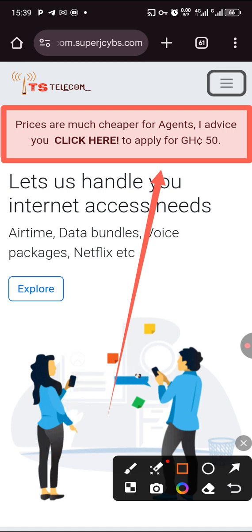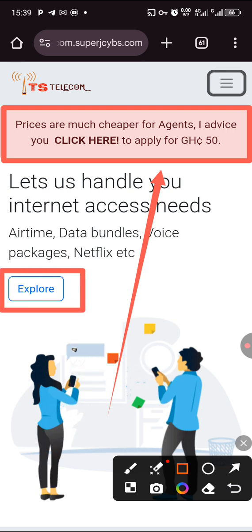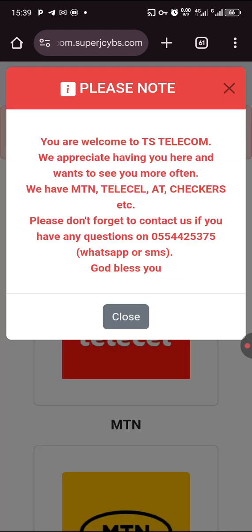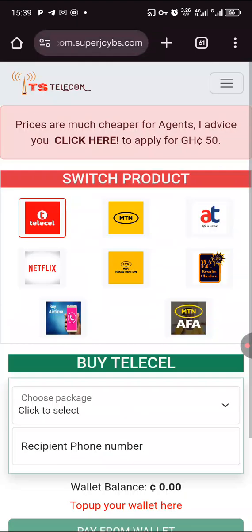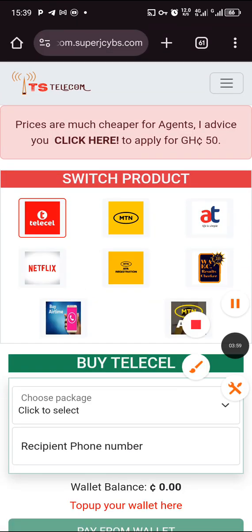After somebody has logged in, this place is no longer login or sign in, it is explore. So that is the idea. Once you tap on it, you have what you are looking for, and then you are able to get to the store where you are able to choose what package you want to buy. Now, I think the video is getting lengthier, so I'll go into another